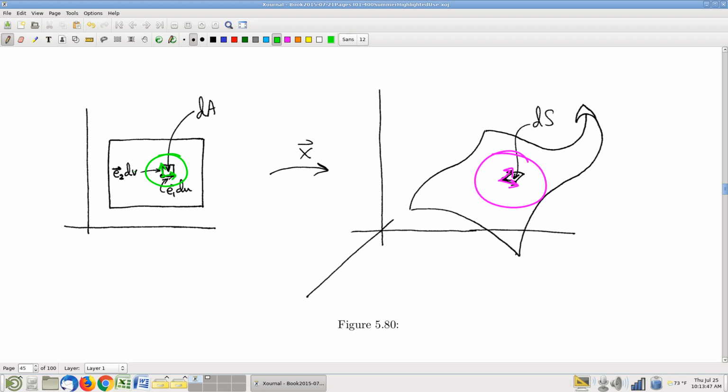So I'm just going to write down what are these input vectors that sort of define that rectangle in my pullback space. I'm going to apply the derivative transformation, and from that try to deduce